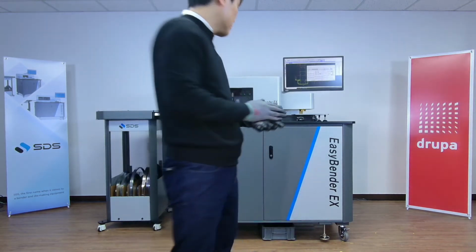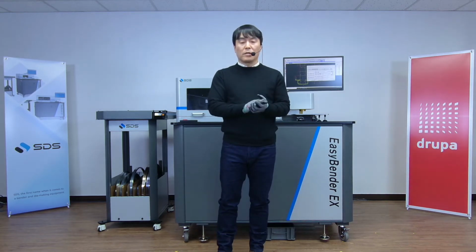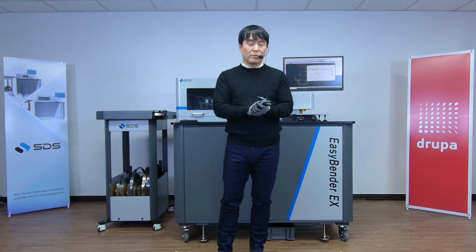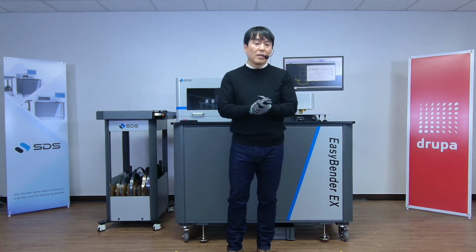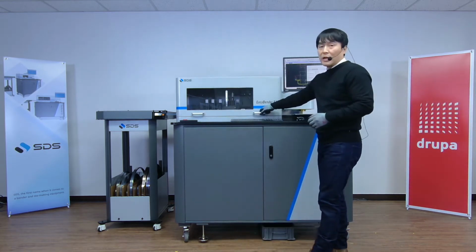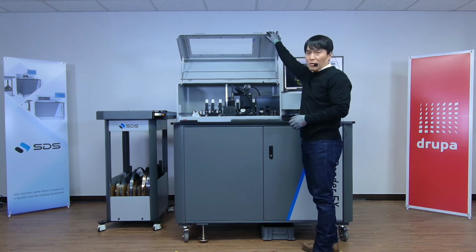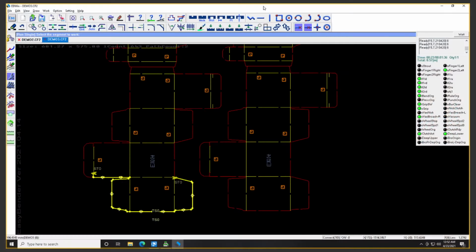So I'm just gonna go back to the machine, and since I went over those perforation and micro perforation tools, I'm just gonna demonstrate how easy it is to make the custom perforation rules. But before I get to that point, I just wanted to point out how this automatic height adjustment tool moves up and down. So I'm gonna have this camera bring it in here, and then I will go ahead and click this icon here and click on it,